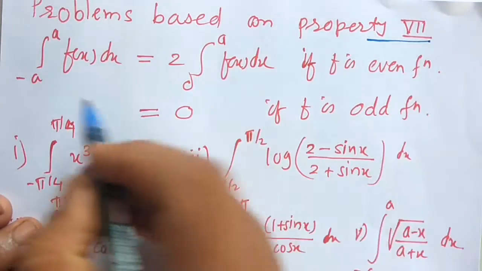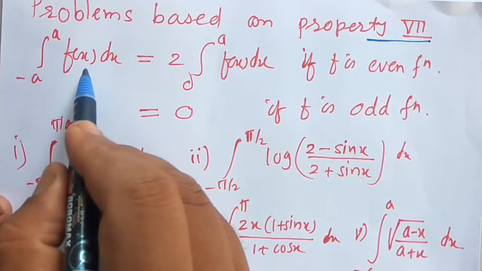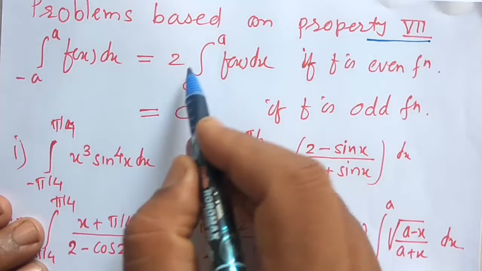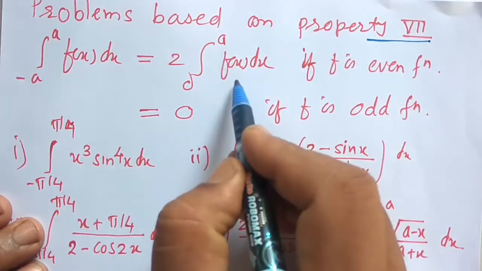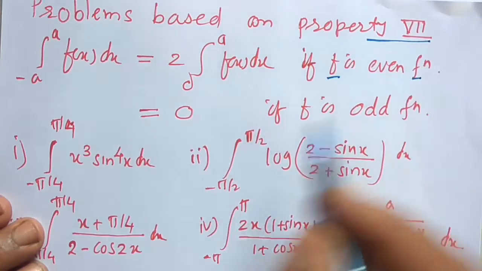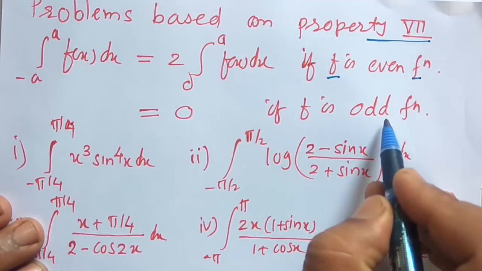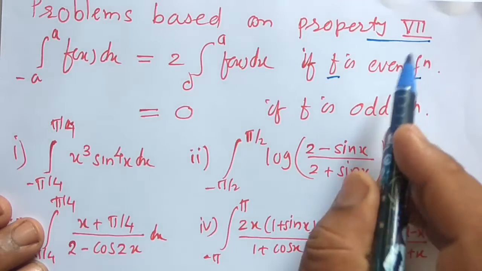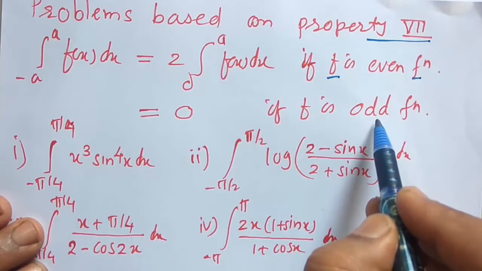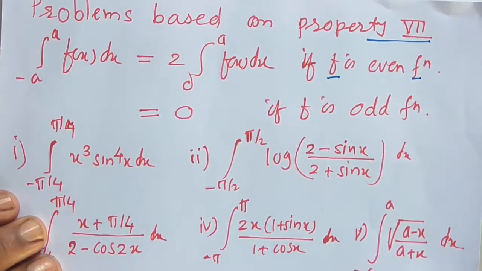7. The property 7 is: the integration from minus a to a of f of x dx is equal to 2 times the integration from 0 to a of f of x dx if f is an even function, and it is 0 if f is an odd function. I will explain what is meant by even and odd function with the help of examples. Now we shall start